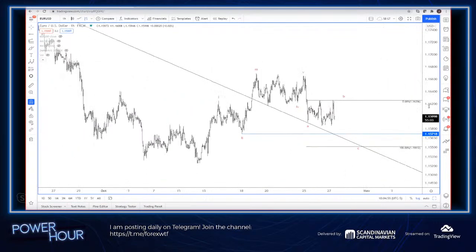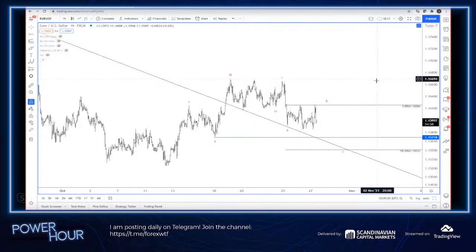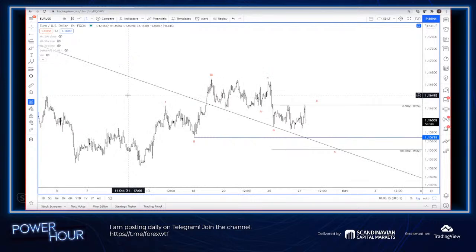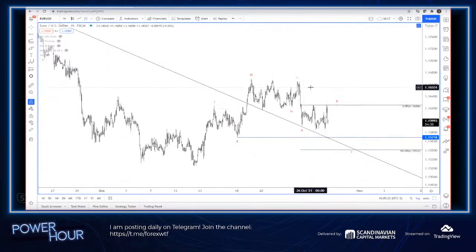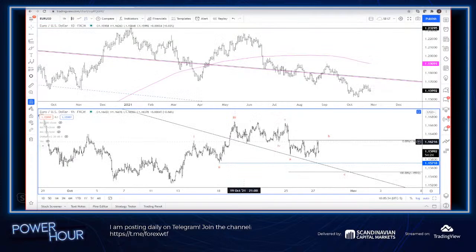So how would I play this? How do I trade this? Well, after ECB comes out, you want to give it a little room. Once we get the announcement, you get the spikes out of the way. I like to wait maybe 10-15 minutes until we have some initial reaction, and then go from there. If we were to tank tomorrow straight down to new lows, obviously the scenario is no longer valid, and we would move on and figure it out from there. But that is what I'm thinking heading into tomorrow.